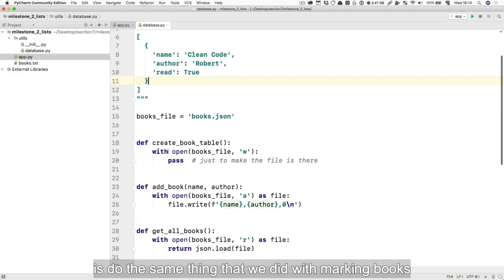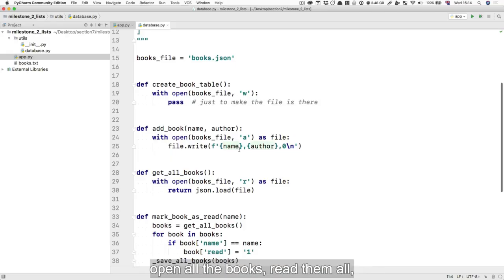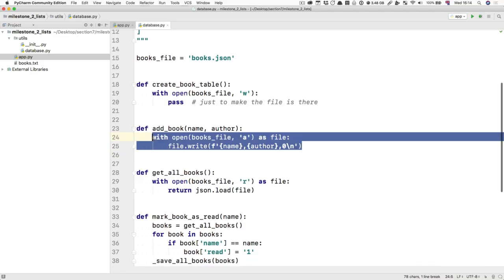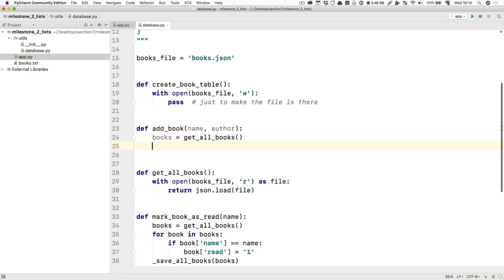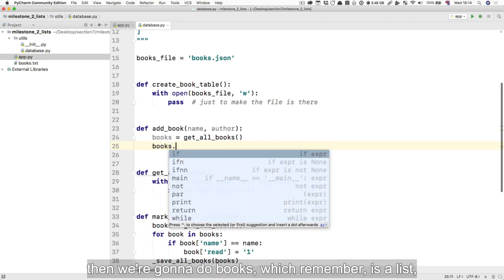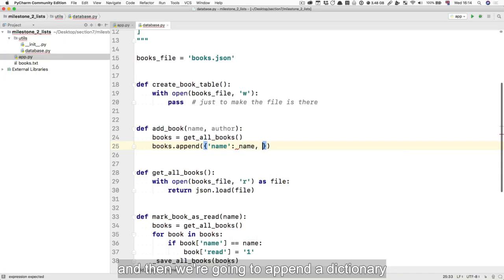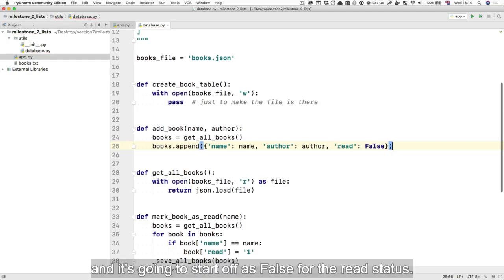So what I'm going to do is do the same thing that we did with marking books as read and deleting them. I'm going to open all the books, read them all, append one using Python, and then save them all back. So books is going to be getAllBooks. Then we're going to do books, which remember is a list, so we can do append to it. And then we're going to append a dictionary using the parameters that we got here. And it's going to start off as false for the read status. Of course, at the end, we want to